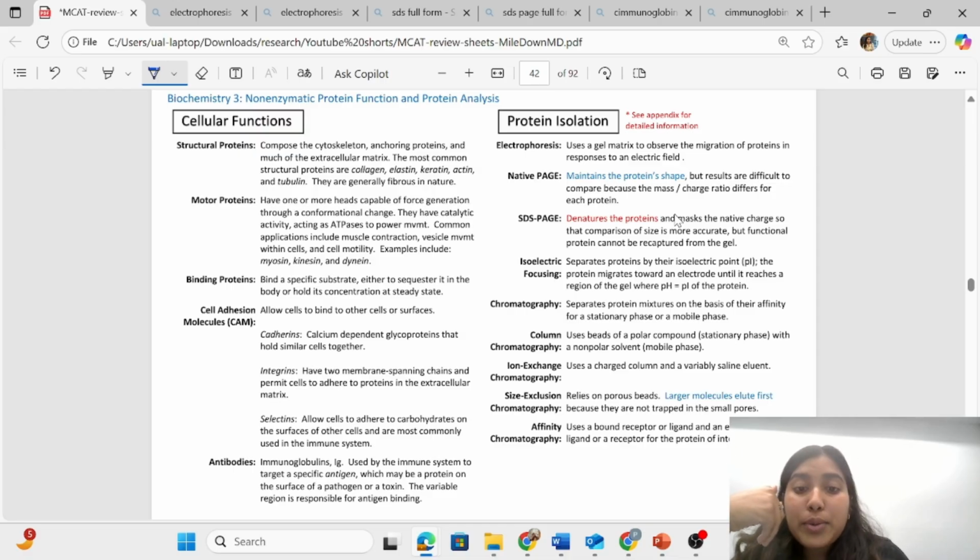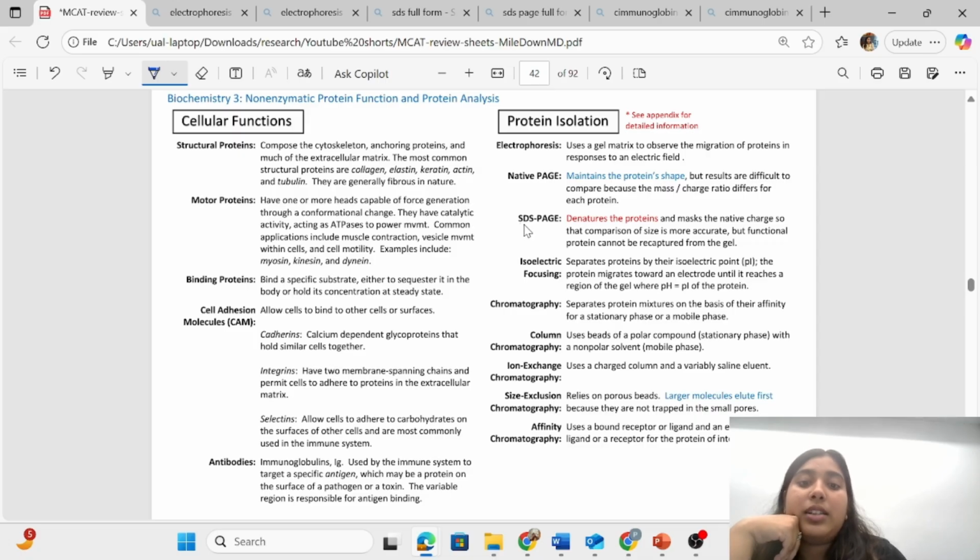So a better way of doing it is SDS-PAGE, which actually denatures the proteins and makes them a specific charge and size so that it's more accurate. Then we are just comparing oranges with oranges, not watermelon with oranges, right? But because we're denaturing it, the functional protein will be destroyed, and we can't recapture it. SDS-PAGE